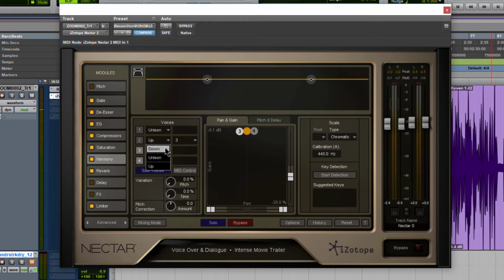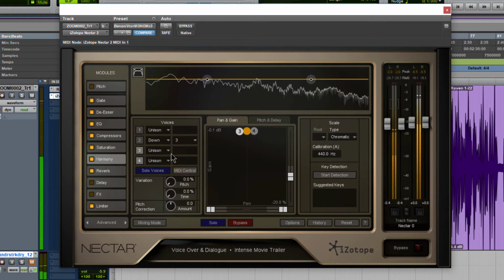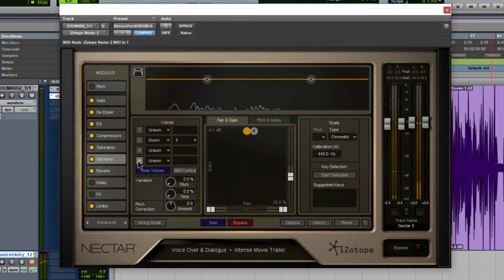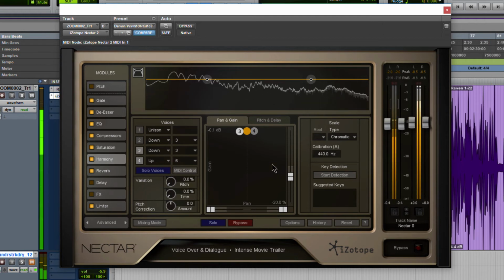Up, down, unison, so on and so forth. And you can do by the steps here. You can, of course, turn on more voices if you want. Okay. So down. Those two aren't even on. I'm going to turn those back both off. That's an octave down. Let's just go 3. Let's go up. Let's go 6. And the raven, never flitting, still is sitting